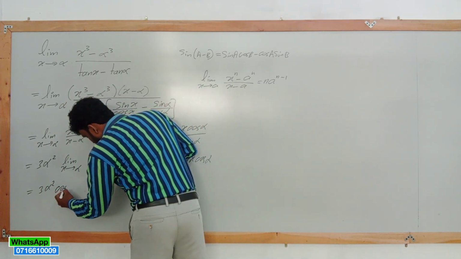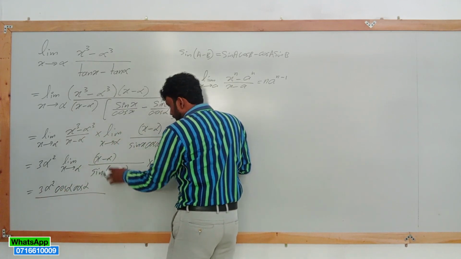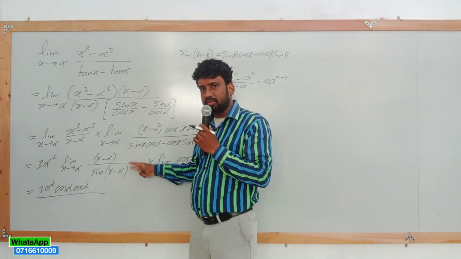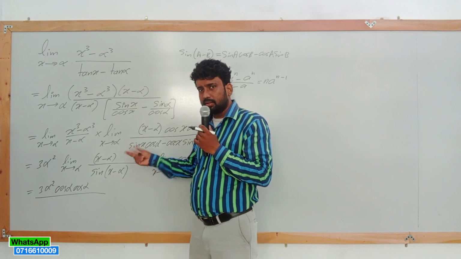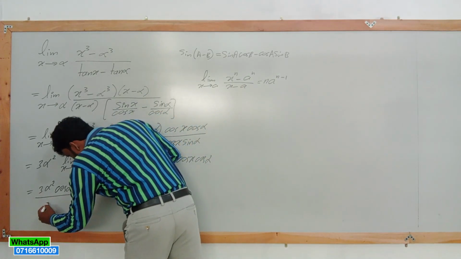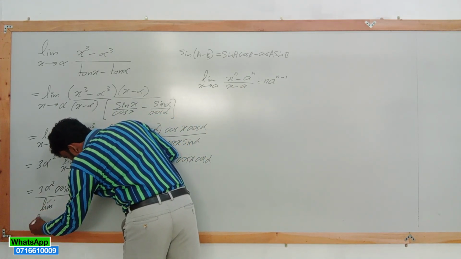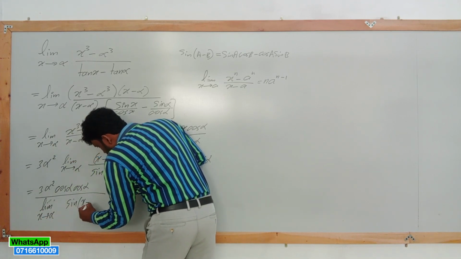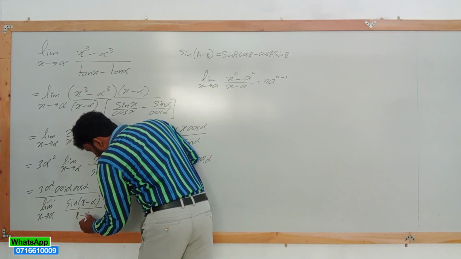And what about this one? Cos alpha divided by this one, right? Numerator and denominator are changing itself, no? Right. Limit x goes to alpha, sin x minus alpha divided by x minus alpha,